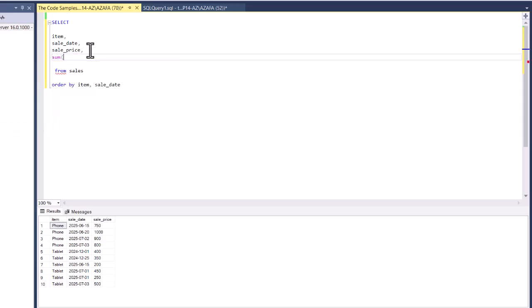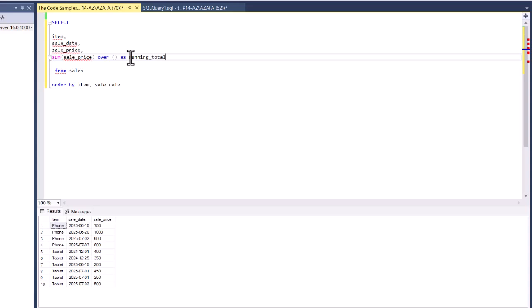Now what I'm going to do is write this sum as a window function. So I'm going to do sum. Let me select the column, so I'm going to do price because I'm summing it based on the price. Now let me just write the basic skeleton. So I just do OVER and in parentheses nothing, just leave it blank, and let me give it an alias. I'm just going to call it